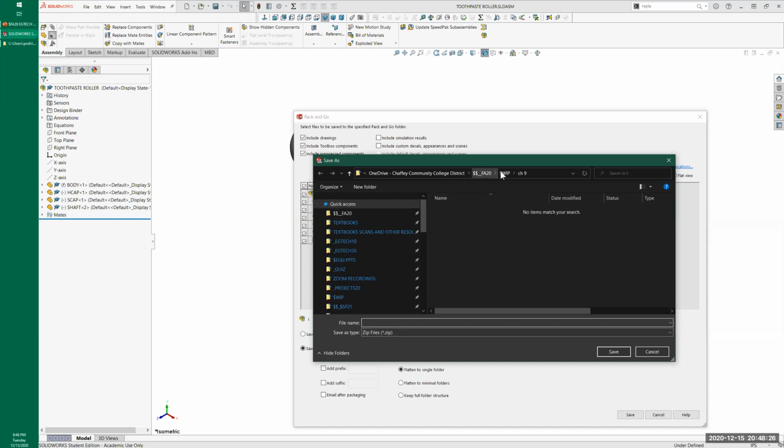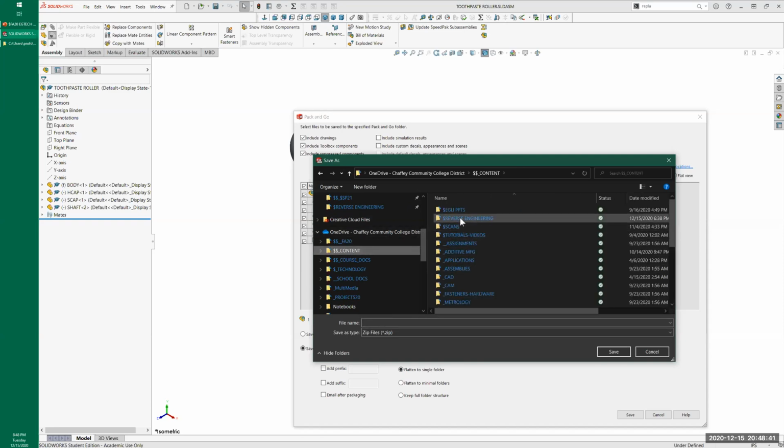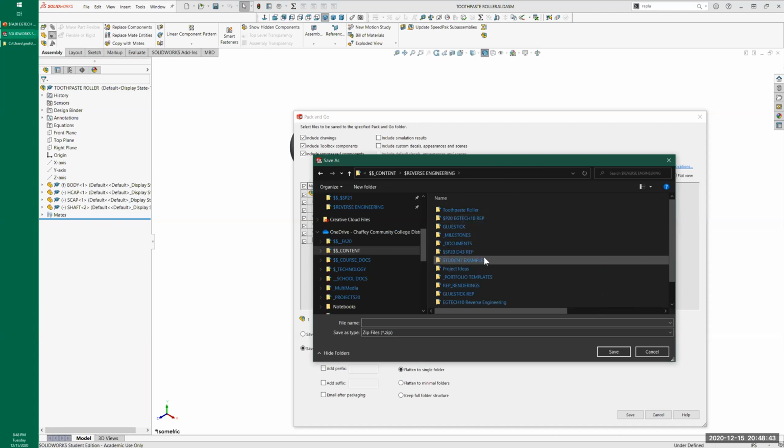Or in this case, I'm in the folder where I was working on it. Let me go back to my project folder here where I've got the rest of it saved. So I can go ahead and save it in the same folder where I've done the rest of the work, because it's just going to be a zip file kind of stuck in there, and I'm going to put the date on the name of it. I could just make a folder called backups or something, but I'm just going to call it